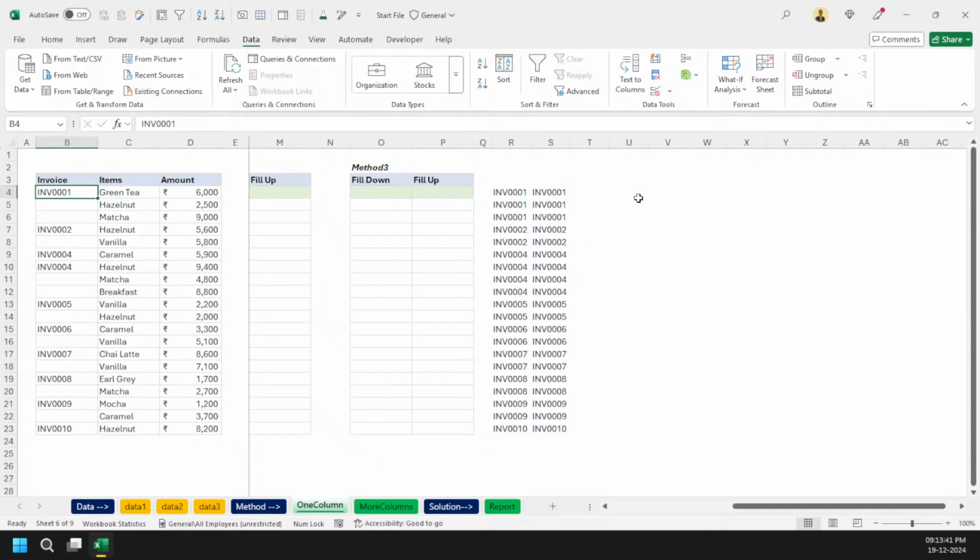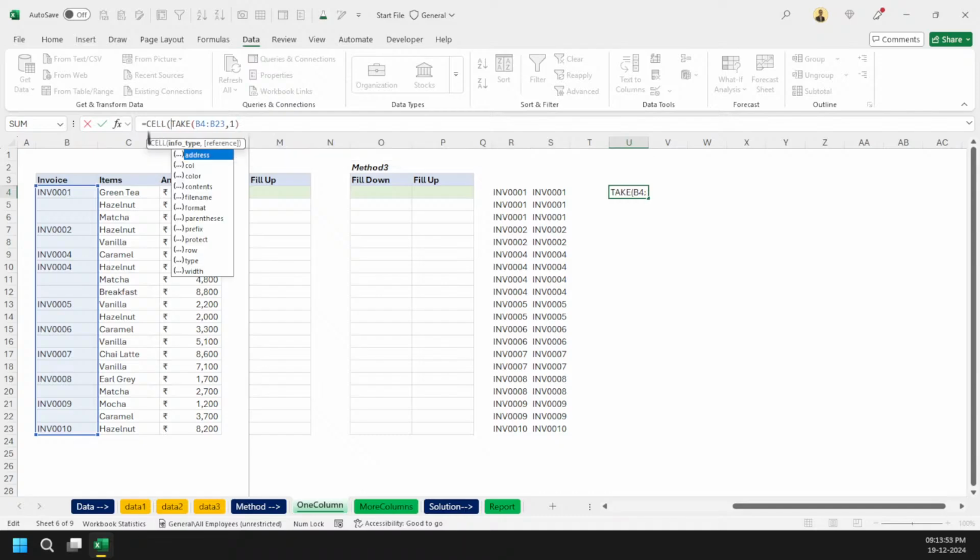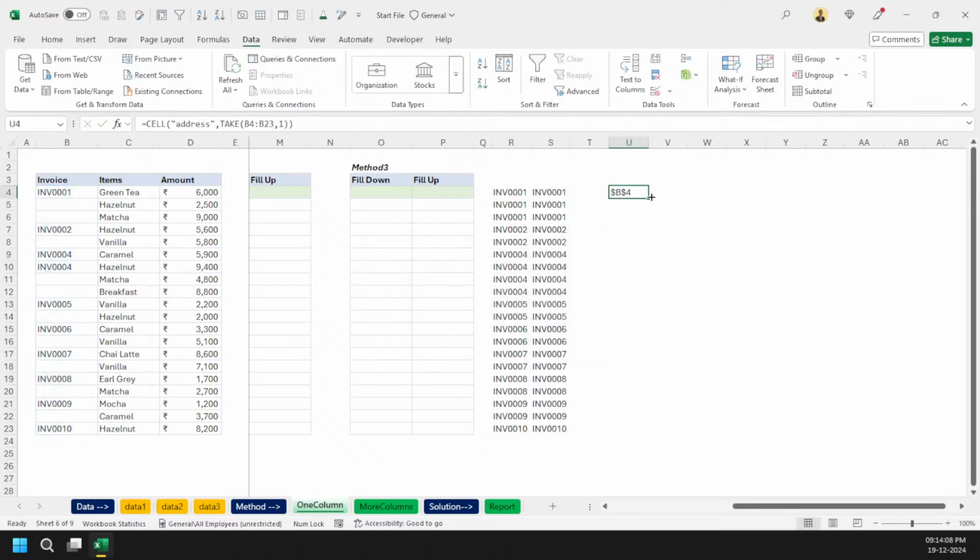If you don't understand what I mean, let's try it this way. With the TAKE function, I am selecting this whole column and writing it this way. And we can use the CELL function here, and let's simply say the address. Because we can test now whether this is a reference or an array. The moment I press here, you can see I am getting the reference, so it holds the value true. In a way, you can say it is holding a range format and not just an array format. So that's the trick we can use.